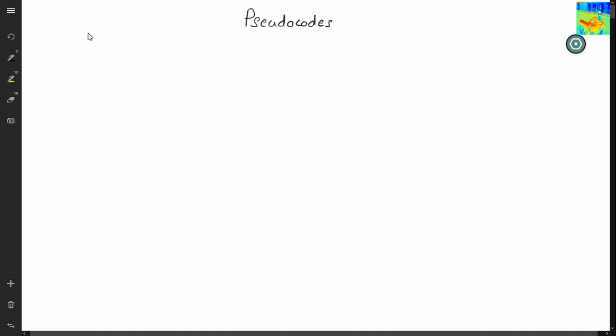So in all our previous classes, we were drawing different shapes like rectangle, diamond, parallelogram to show the steps that are involved in solving a problem. Basically we were drawing flowcharts. But from now on, we will never draw flowchart. Why? Because today we are going to learn pseudocodes.